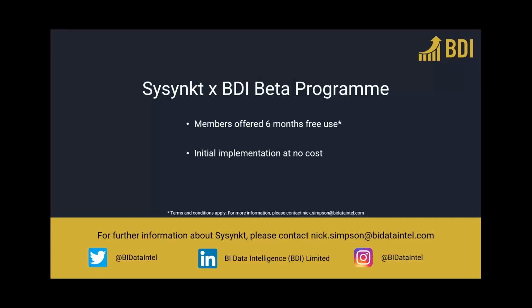All the transactional elements of what you've seen are all automatically posted into Sun. We use the SSC technology to connect to Sun, and that is what sits behind Sysynkt and is able to offer all those live connections. Okay, before we go to the